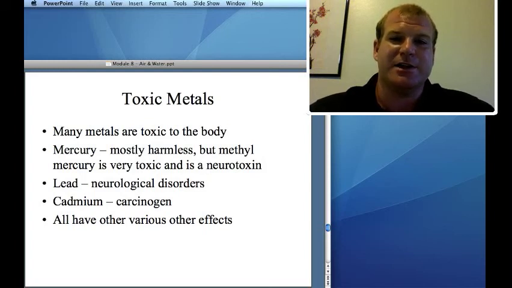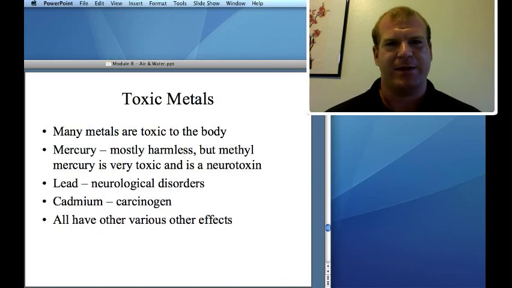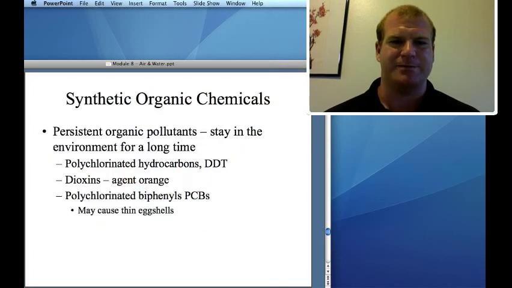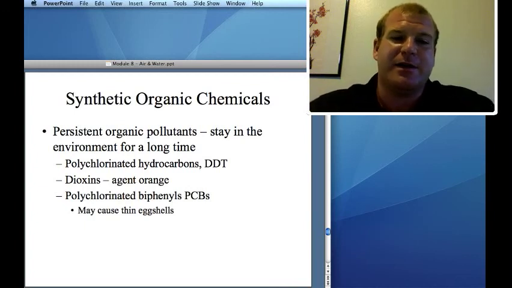Cadmium is also a carcinogen. Cadmium also causes a disease called the ouch disease. Cadmium will replace calcium in your bones and make your bones more brittle, which will make them more prone to breaking. So people that ingest cadmium, besides the cancer, can also get very brittle bones. And there are other metals, and they have various effects, but I just want to briefly mention them. Also mention bioaccumulation. Bioaccumulation can affect us humans. And also some synthetic organic compounds.